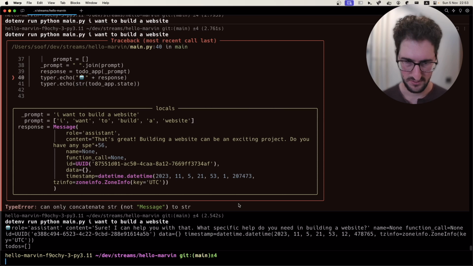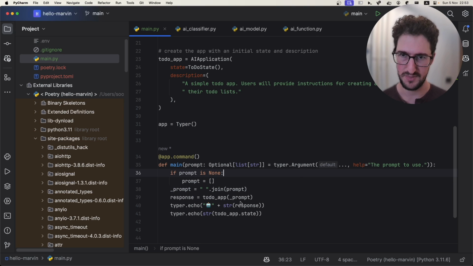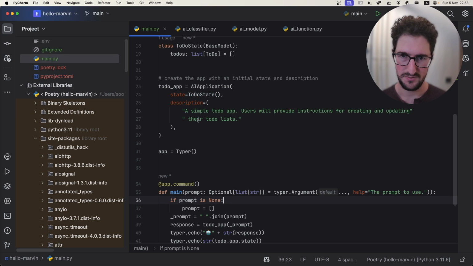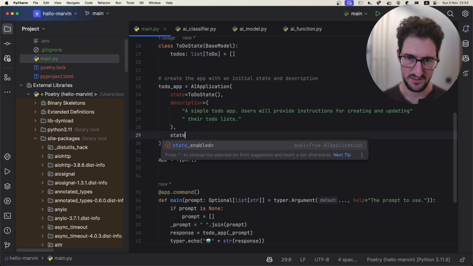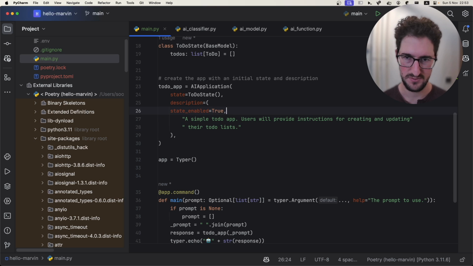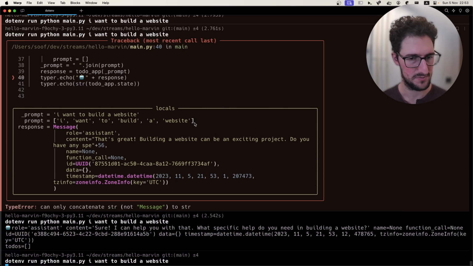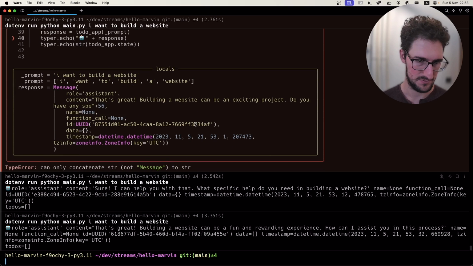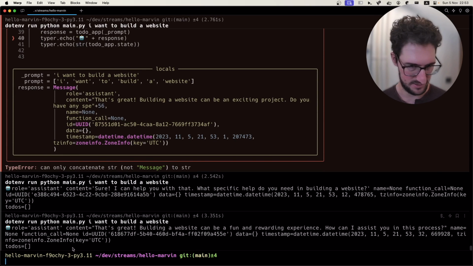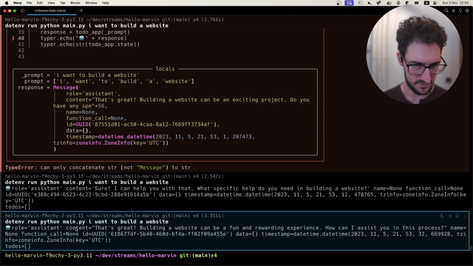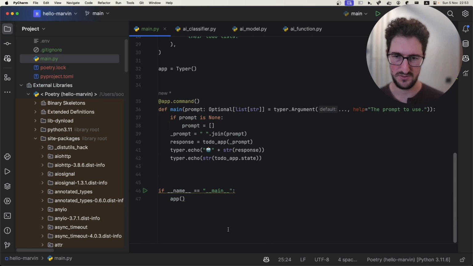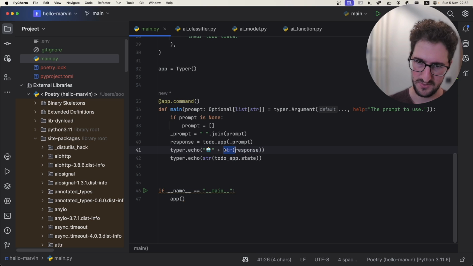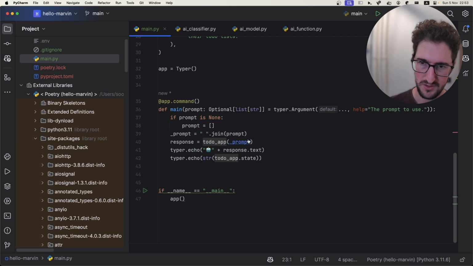Okay, so this doesn't look well because maybe we need to, I don't know, state enabled, true. It's quite annoying. Role assistant, content, that's great. So yeah, I think we can just go with response. If this is a message, then probably content or text. Does it have text? To do app, when you call it,